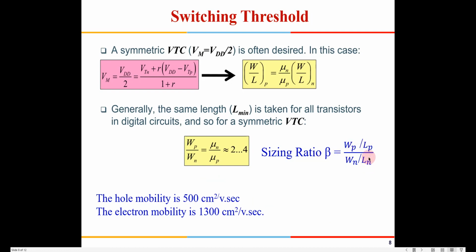If both the lengths are kept constant, generally in our designs we are going to keep the length as 180 nanometer, and as I told, the minimum width possible for a 180 nanometer technology is 400. So I keep this as 400. So this will be 800 plus another 200, so around 1000. So if I keep that, I will get 1000 nanometer and 400 nanometer. If I keep it that way, 2.5 times, I will get a symmetric threshold.